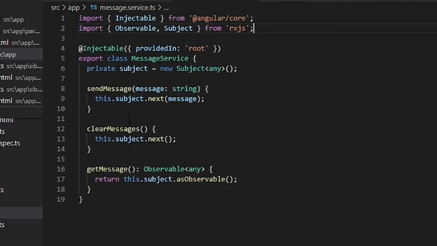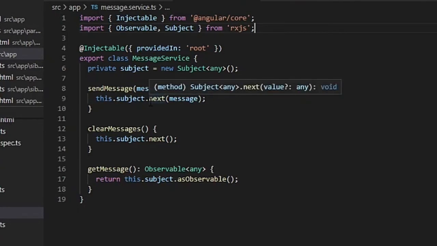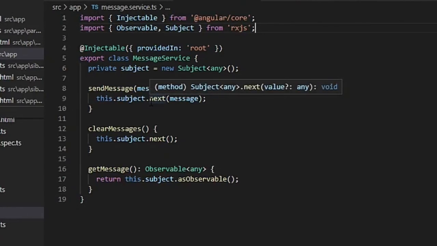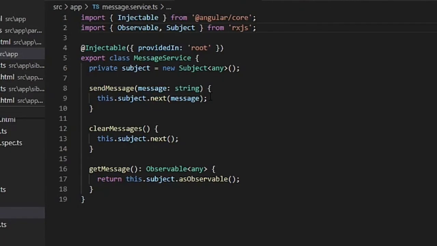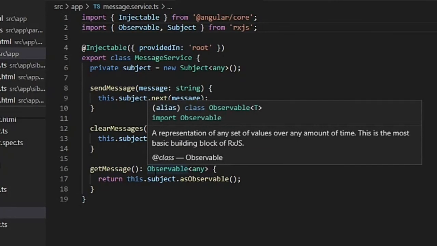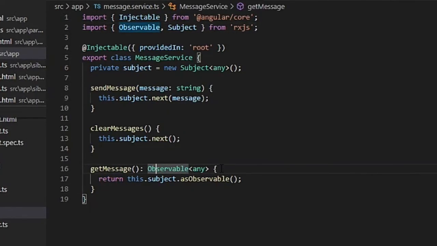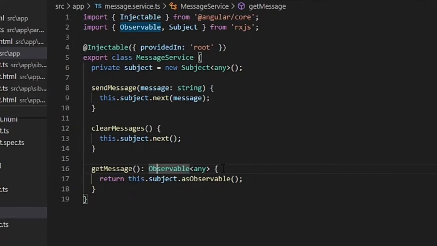We are currently using two methods, sendMessage and getMessage. In sendMessage we emit the value which I get from the sibling 1 component, and getMessage is used in sibling component 2, returning the subject object as an observable.